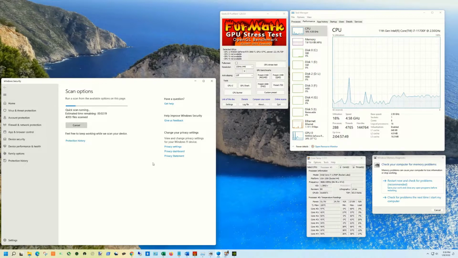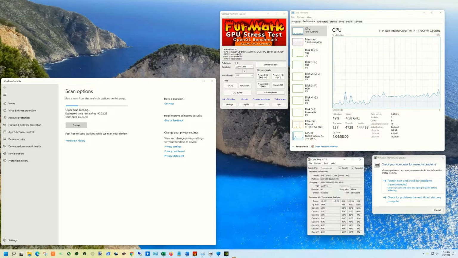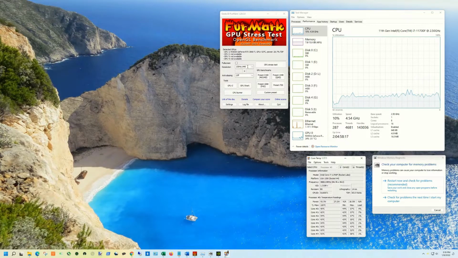I just shut it off for a few seconds and I'll bring it back. There, it's back, and it's showing the temperature still. So we don't want to run this virus scan, Windows Defender, for too long. It doesn't really affect the temperature on my processor as much as it used to after I changed the CPU, so I'll shut that down.